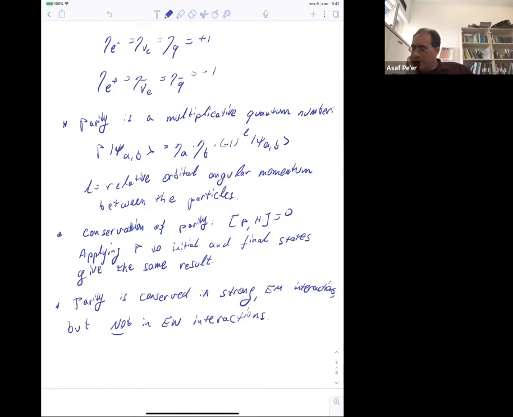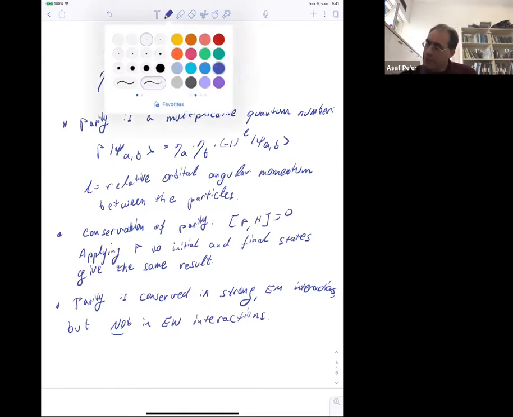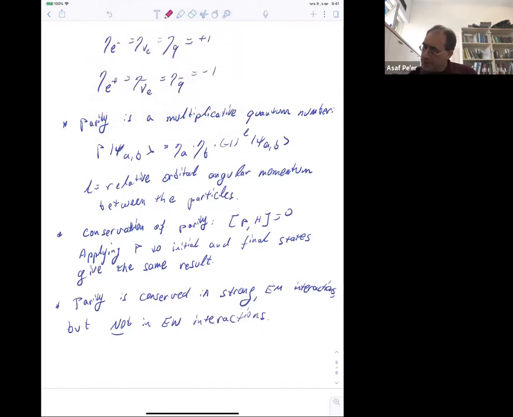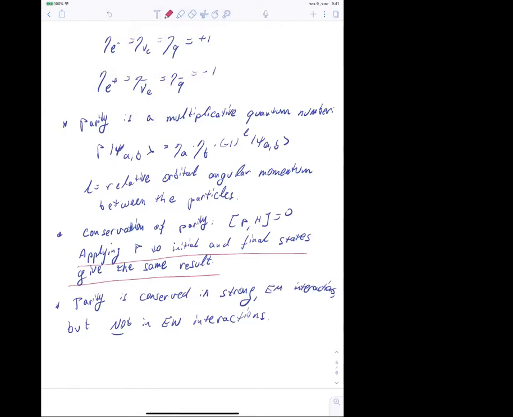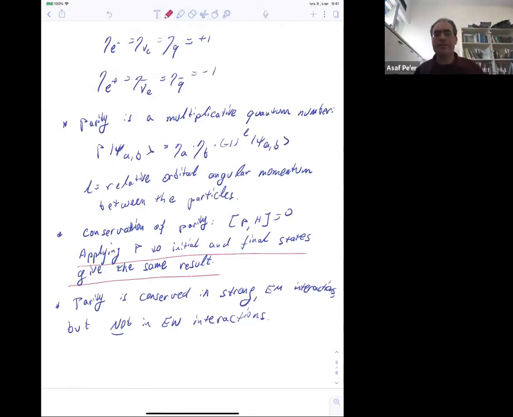The important point here is what is written down here. The parity transformation. Well, I said that the parity is a symmetry, and that the parity is conserved in strong and electromagnetic interactions, but not in electroweak interactions. That is the important part here, because that means when we have an interaction, then the parity of the state, when I speak of a state, you just ask about interaction between particles, right? So I can treat the initial state, remember,